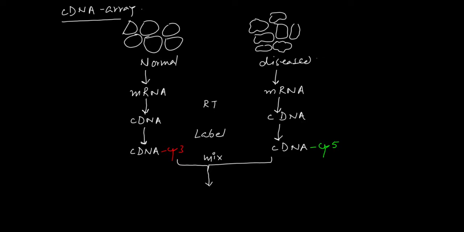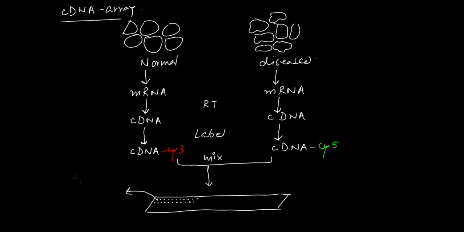This is called a microarray slide. So here is your slide. This is like a typical glass slide that you see in the labs. However, there is a fundamental difference: this slide has certain dots. Now you might wonder what these dots are. The whole slide is divided into some kind of grid, and you have small dots all over it. These are the complementary DNA for all the genes of our organism.